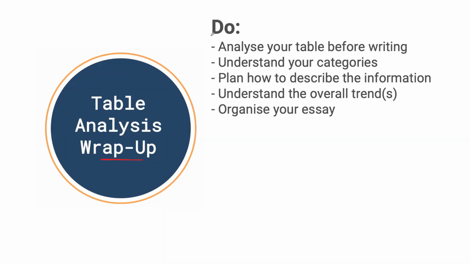First off, for things you want to do, you do want to analyze your table before writing. Obviously, you want to know what you are writing about. And it's very important that you do this because you need to understand your categories. We saw that the most difficult thing today was categorizing 5 or 6 things into 2 groups. So that's why you really need to sit with the information, practice, and look for relevant themes that will help